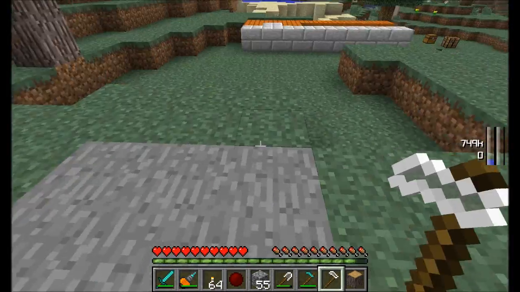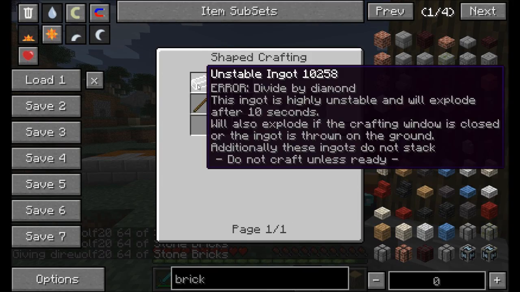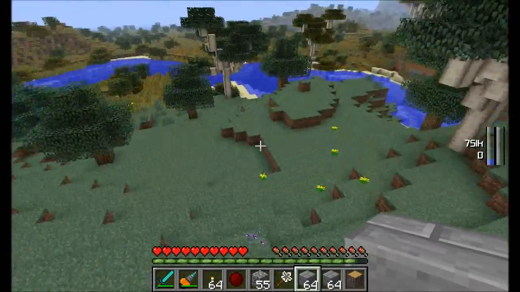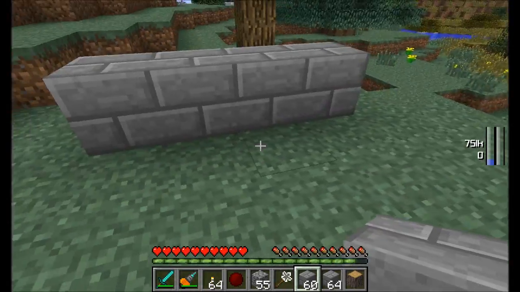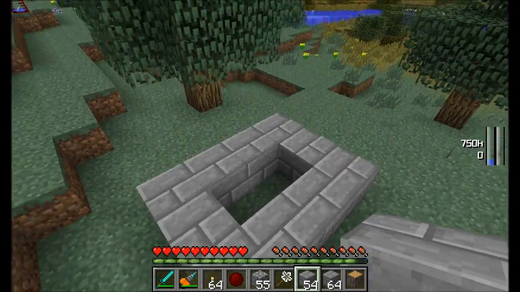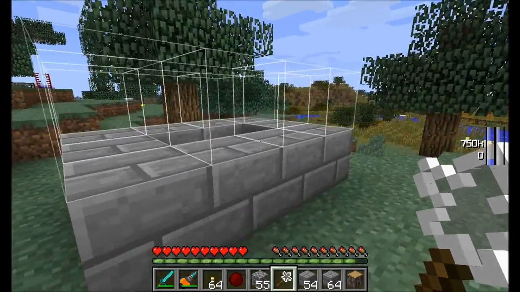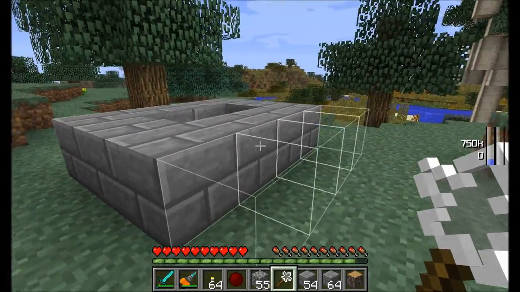Nice. All right, one of my personal favorites, the Builder's Wand. It requires one unstable ingot, but this thing is cool. I've kind of been wanting something along these lines, and this thing works pretty well. What it's going to do is check your inventory for pretty much anything that you right-click on. So note here when I mouse over this, you can see it's giving you a little outline of where these blocks are going to go,